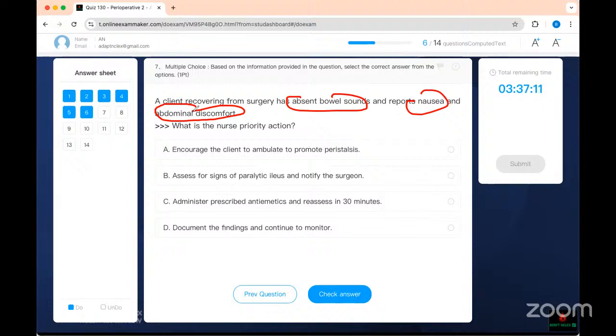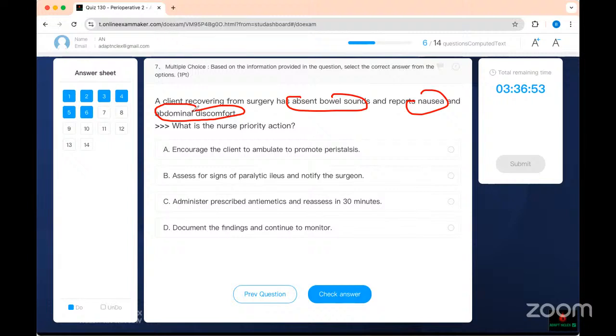Encourage the client to walk to help with the bowel so that he can go. Assess for signs of what? Paralytic ileus and notify the surgeon. Give the patient an antiemetic because they said they're trying to vomit, and reassess in 30 minutes and document the finding